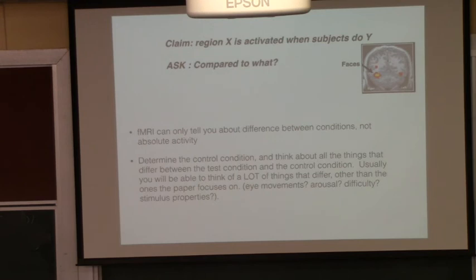And so you need to determine the control condition and think about all things that differ between the test condition and the control condition. So in this case, one thing that could differ is this idea of eye movements and how that could activate cerebellum, which isn't really a face selective area, but activates just because of eye movement in the face condition. Okay? Does that